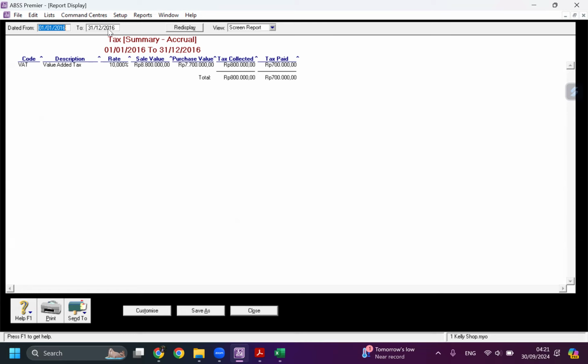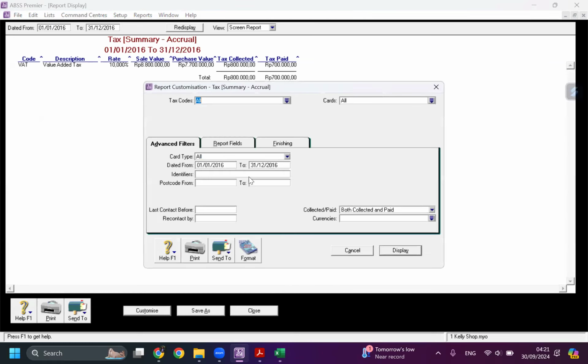But we are doing the transaction on 31st January 2017, so it won't appear here. What we are going to do is click customize and change it to 31st January 2017.